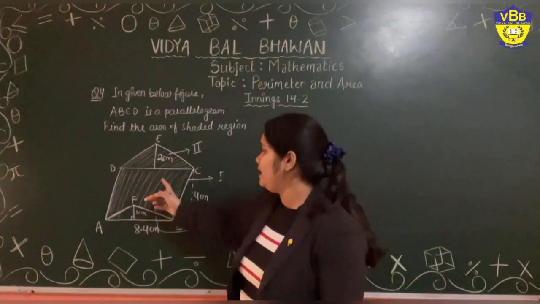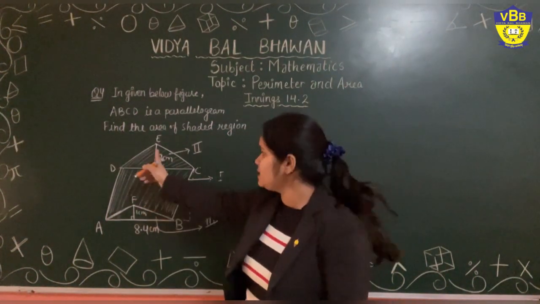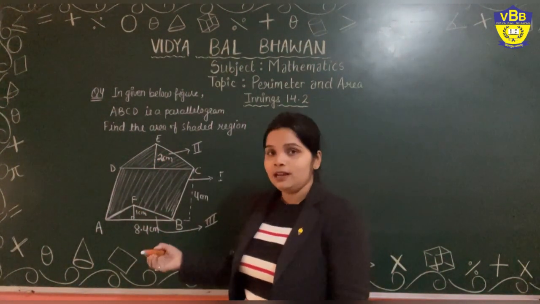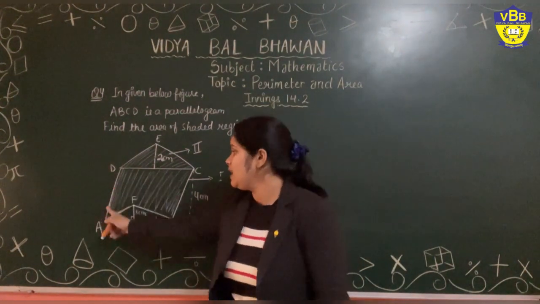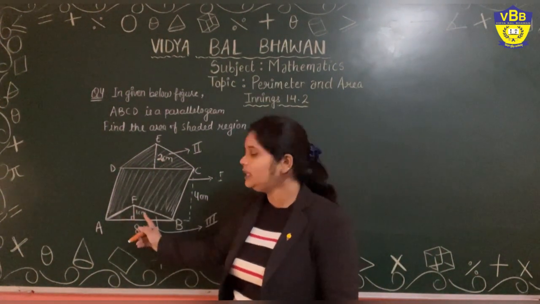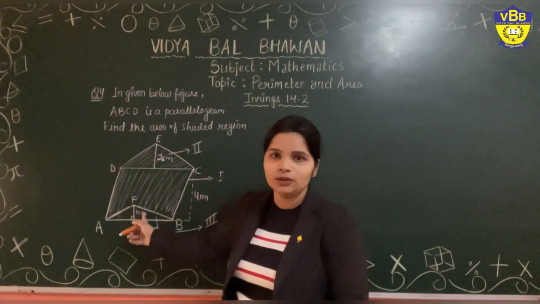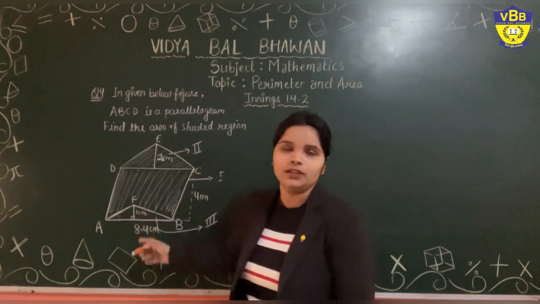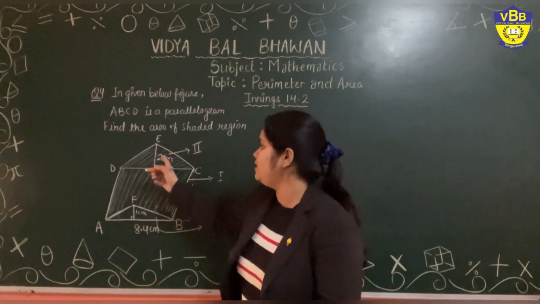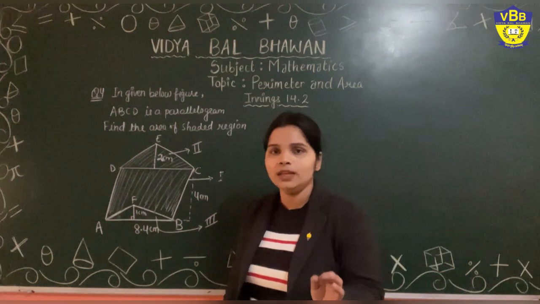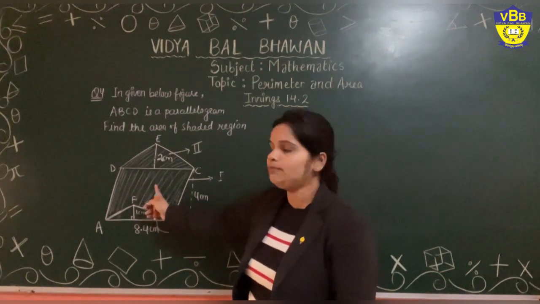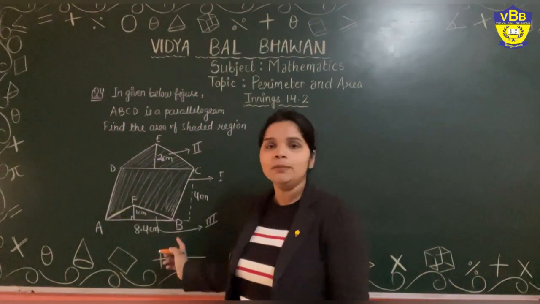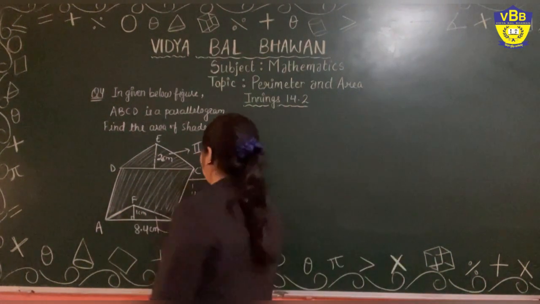After that, I will add the area of parallelogram plus the area of this triangle DEC and will subtract this, because when I am adding these two, I am actually including this triangle in the area of parallelogram which is not shaded. That means I need to subtract this area of the third figure. So first we will calculate the area of these three figures one by one, add the area of parallelogram plus area of this triangle, and subtract the area of this triangle AFB. Let's just solve this question.